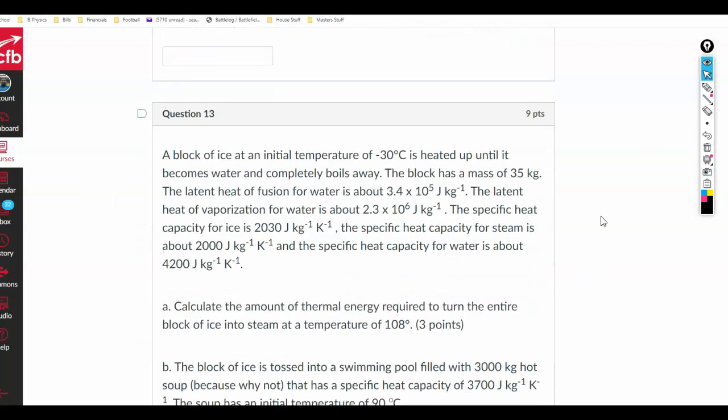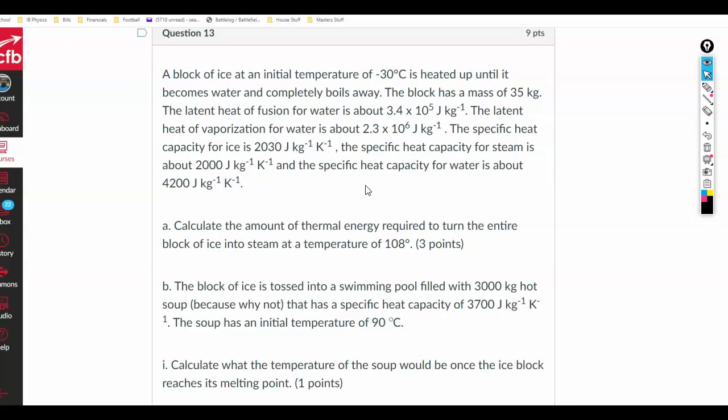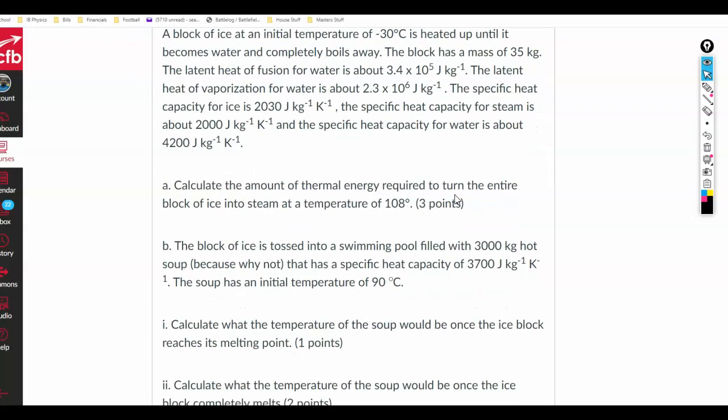Okay, question 13, 9-point question. This is the biggest calculation question on the test. A block of ice at an initial temperature of negative 30 degrees Celsius is heated up until it becomes water and completely boils away, and a bunch of values are given. Part A says, calculate the amount of thermal energy required to turn the entire block of ice into steam